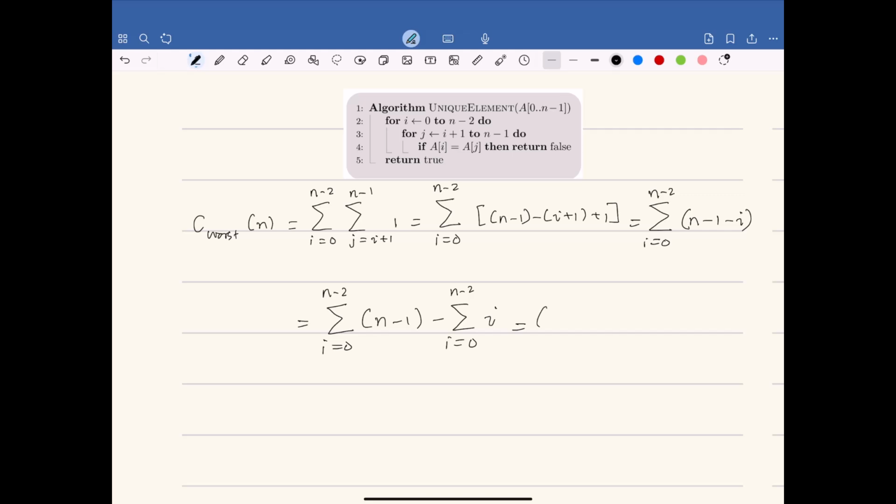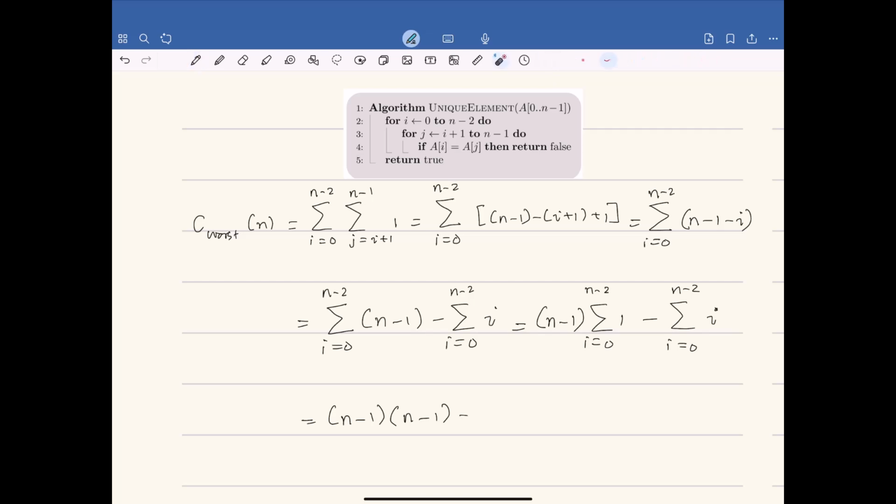So this is equal to n minus 1 times summation i goes from 0 up to n minus 2 of 1, minus summation i also goes from 0 up to n minus 2 of i. The evaluation for this summation is equal to n minus 1. So we have 1 inside the summation, so the evaluation will be the last value, n minus 2, minus the first value, which is 0, plus 1. So this is equal to n minus 2 minus 0 plus 1, it will be n minus 1, minus the